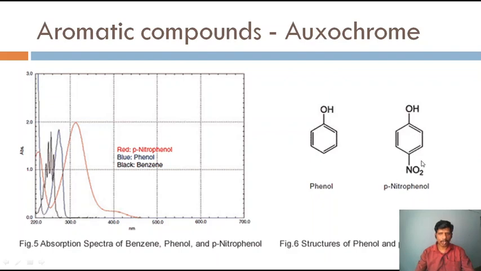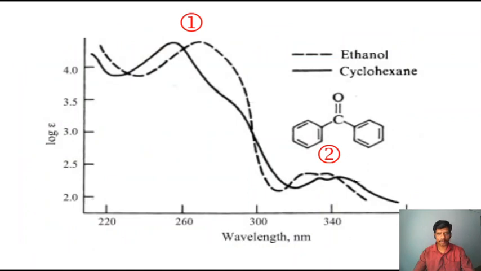Actually, the para-nitrobenzene is giving the signal here. If there is no OH group, the signal would have been low. The intensity of the signal rises here due to the presence of OH at the para position. That is called the effect of the auxochrome. All these things you can infer from a UV spectra, right?